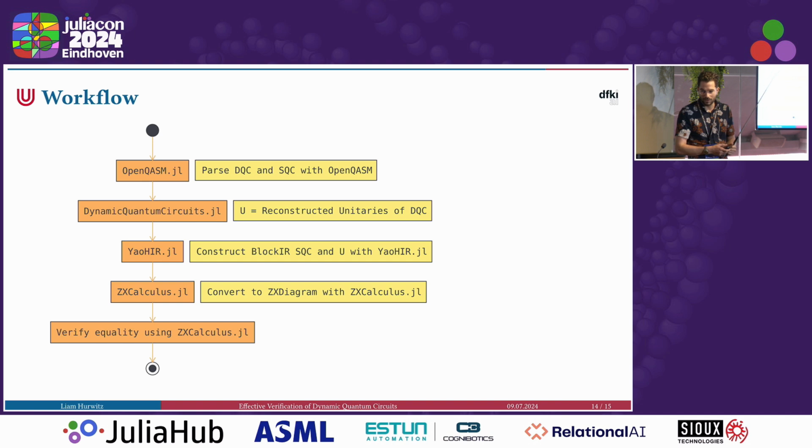How is this done? First of all, there are many nice libraries from the Yao ecosystem, which I'm using. Thank you very much to everybody who contributes to them. Yao.QASM parses OpenQASM. This library I developed myself, and it will soon be published. It does the unitary reconstruction, and next I will implement the optimization steps. Then it's converted into the high-level intermediate representation, into ZXCalculus, and then we verify the equality,